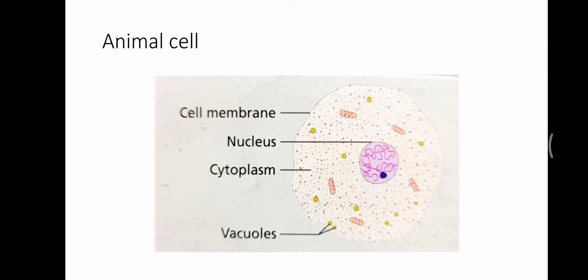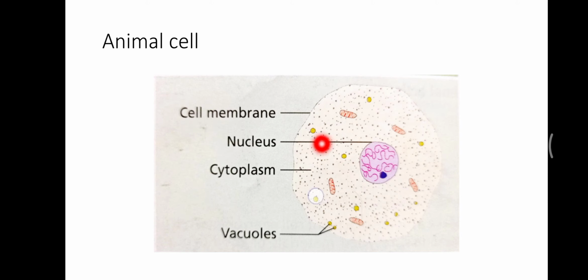The second cell which I am going to describe is animal cell, and this is a typical human cheek cell. If we take some portion of our cheek from scratching inner side of the cheek, then we can make a slide of this and we can observe it under a microscope. When we will observe it, we will see